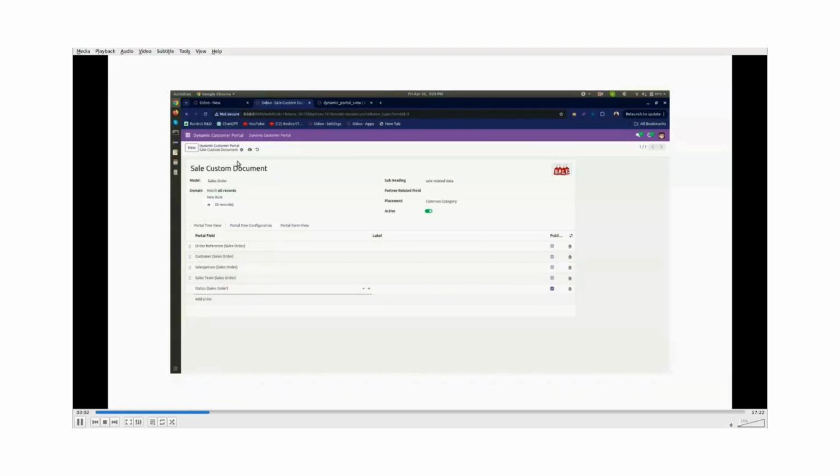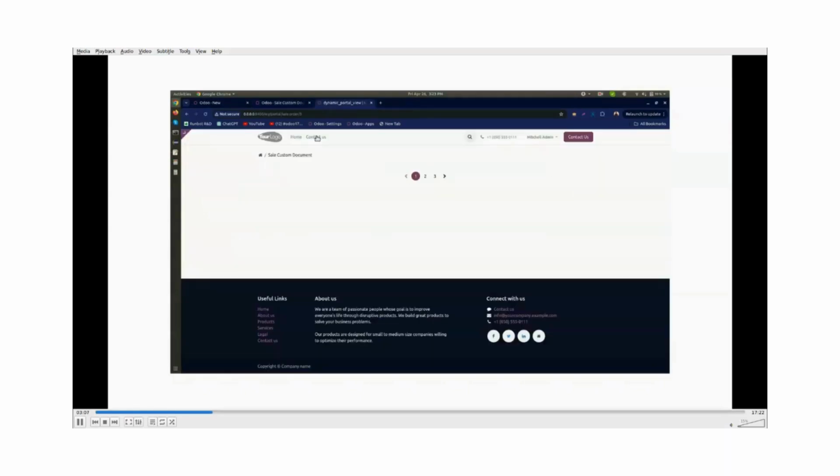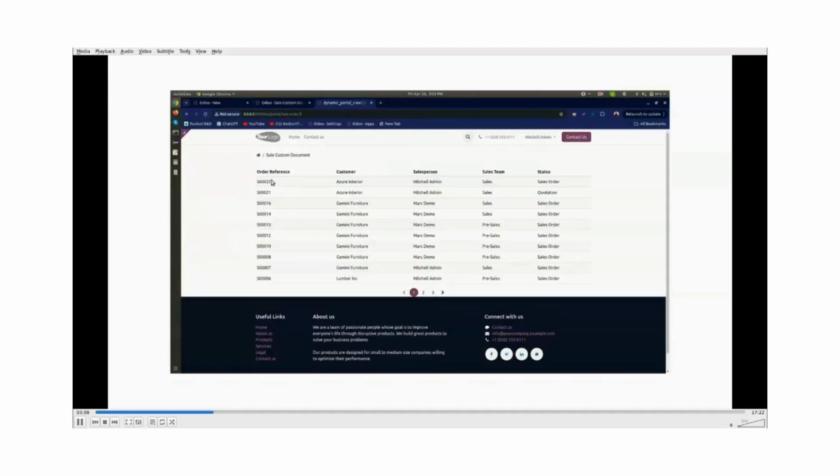We have selected these fields for our portal. Click on the save button that will appear on your portal. Click on the refresh button. You can see the data has started to show here.